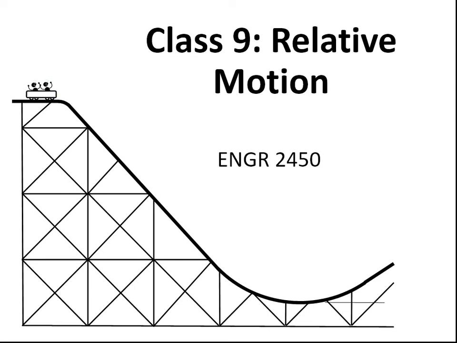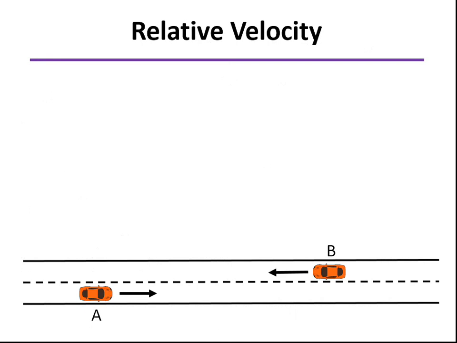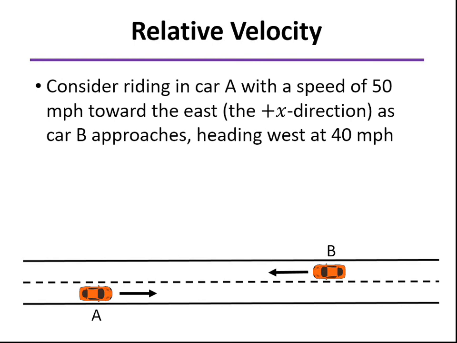As we wrap up our study of the kinematics of particles, we finish up with the topic relative motion. And the concept's pretty easy to understand if we look at a simple example here. Let's say that you're in car A and you're heading east, which we'll define as the positive x direction, at 50 miles per hour. At the same time, a car is going the other direction, it's car B, at 40